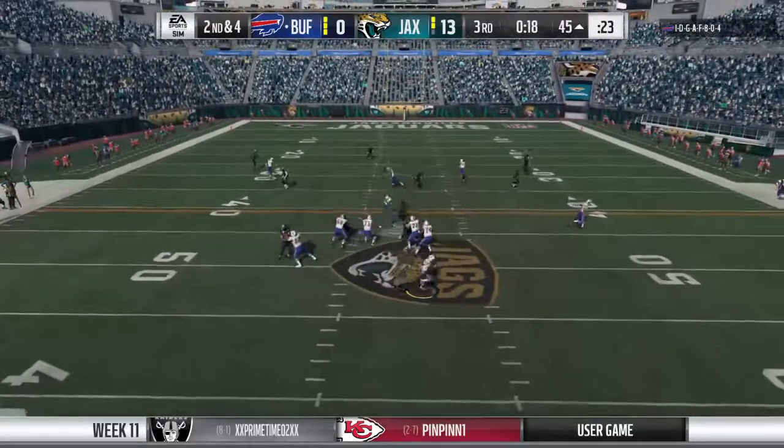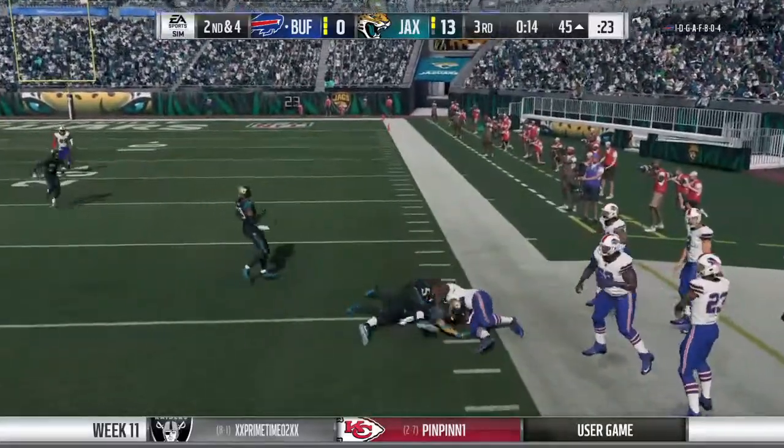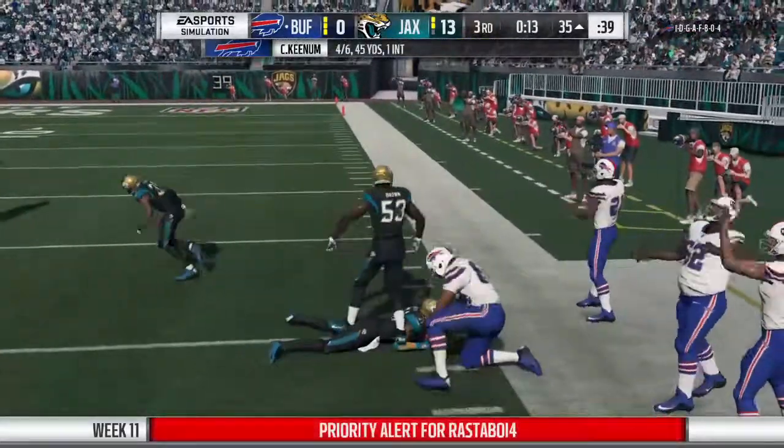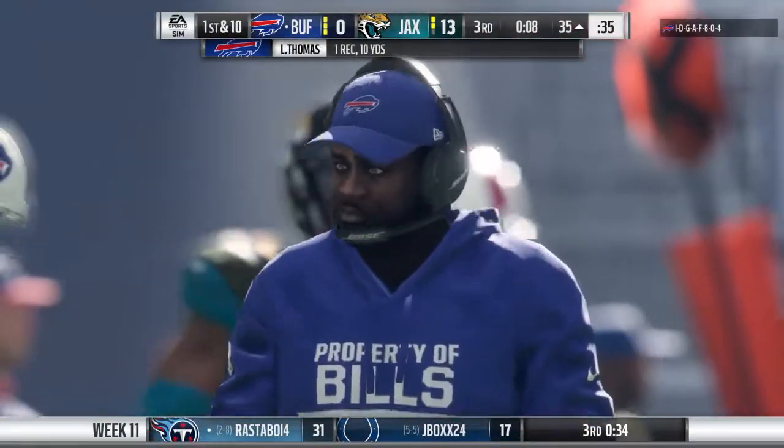Now Keenum throwing on second. Thomas has got it, complete. And he's brought down. The Bills passing game getting him down the field. They've got another first down. When this offense...